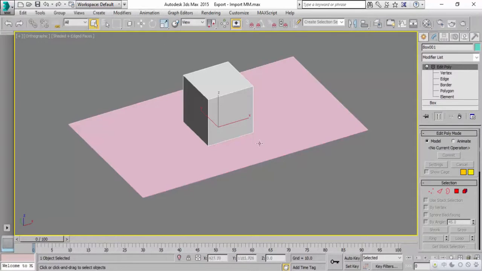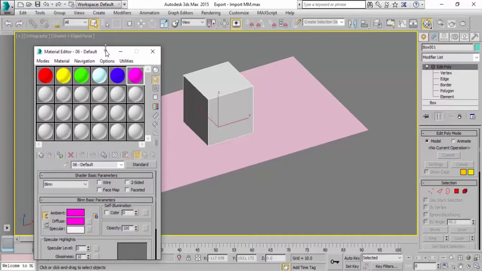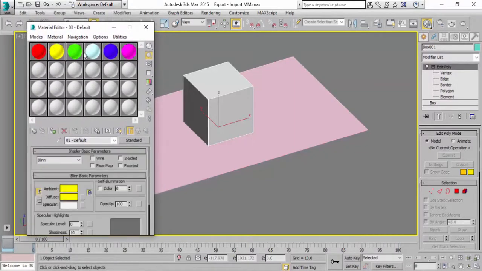Under Materials, if you look under Material inside this Max file, I have prepared 6 different colors for you, and 6 different colors refer to 6 different materials. You do not have to map materials, so to speak, because those materials will not be there anyway. You just need color and a different material number to separate the faces. Notice here, this is 01 default, this is 02 default, 03 default, etc. Alright,